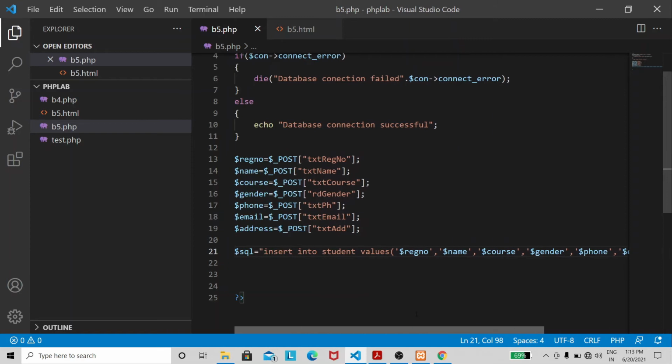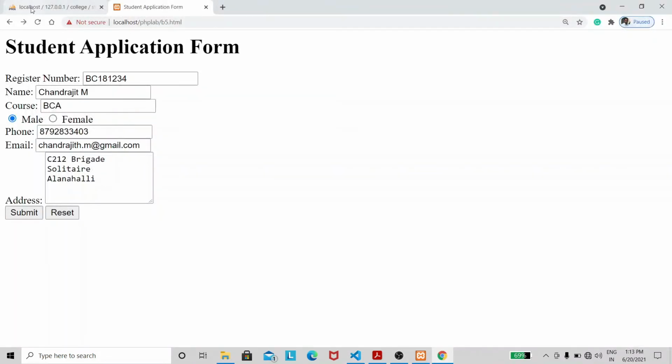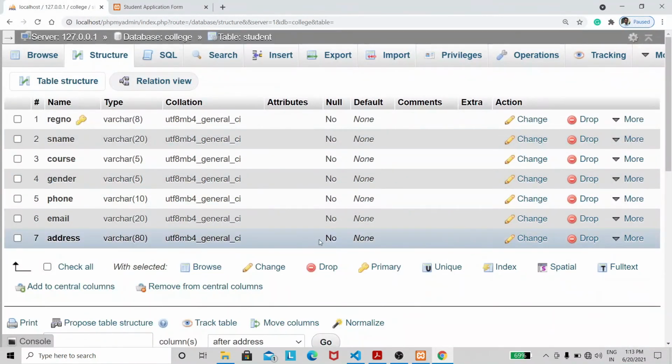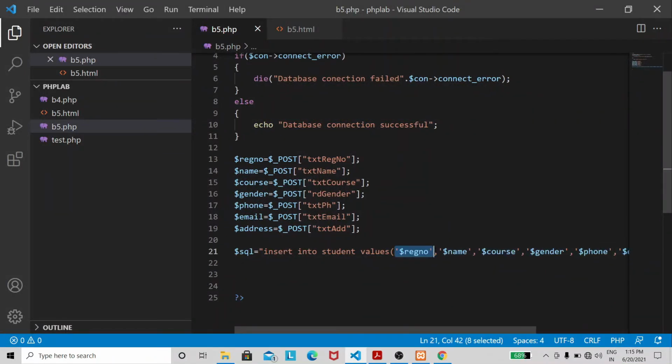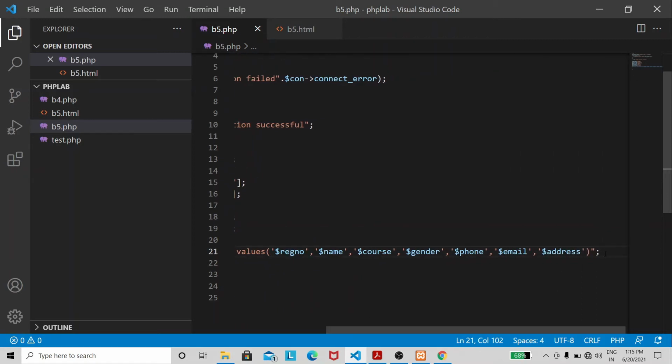The values you are passing have to be in the same order as in the database table, otherwise you will get an error. Since we have used double quotes outside, whatever we are passing as string has to be within single quotes. Please remember this.